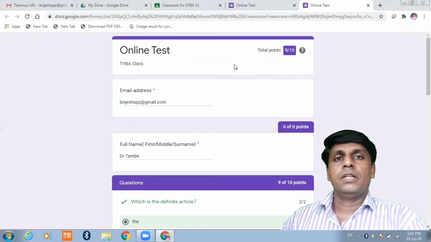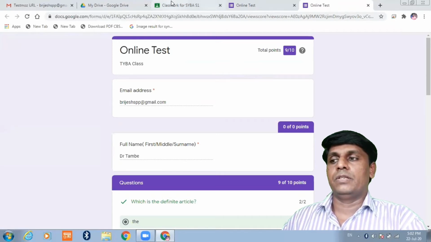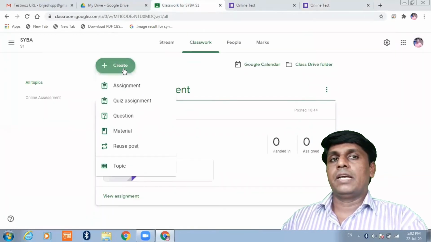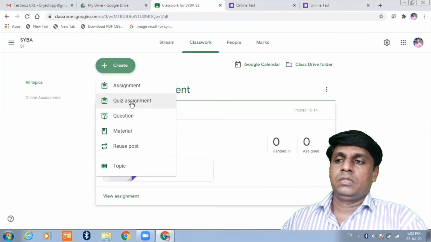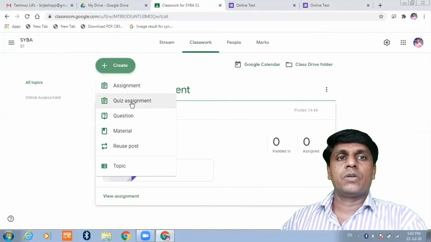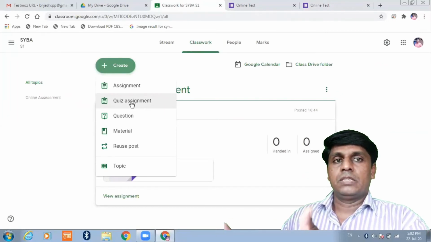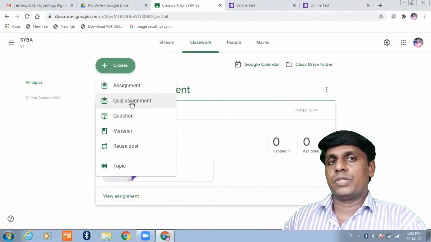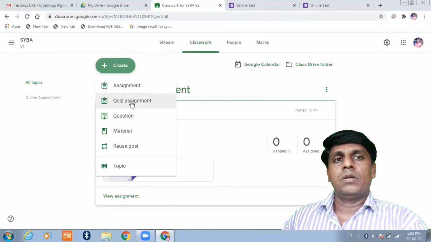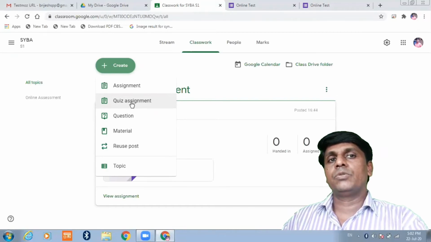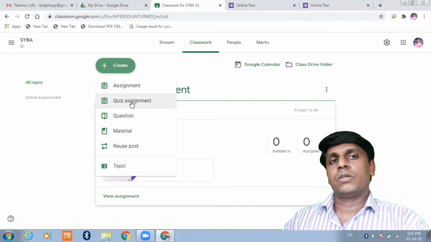For example, for assignment and assessment examination, there are some lacunas in Google Classroom. We cannot get a proper sheet of assessment of the student or much information. Then we can embed a suitable tool with Google Classroom.